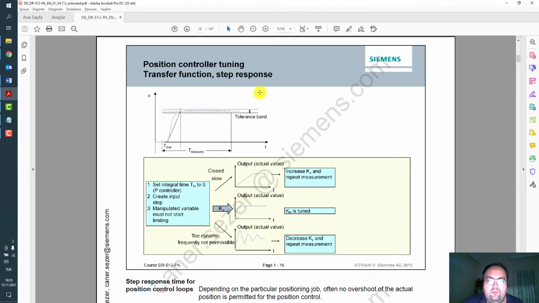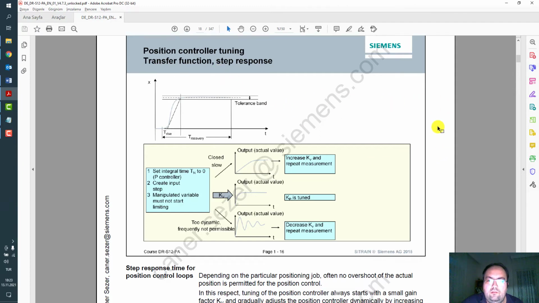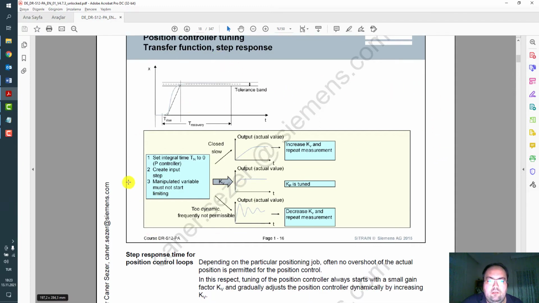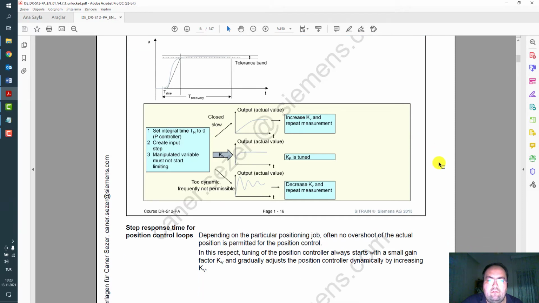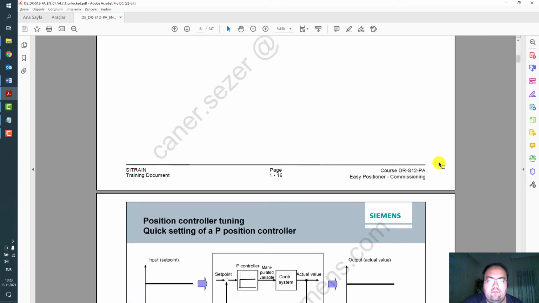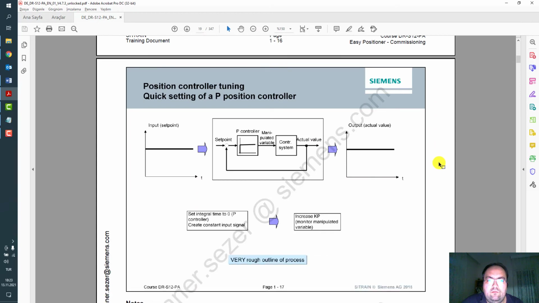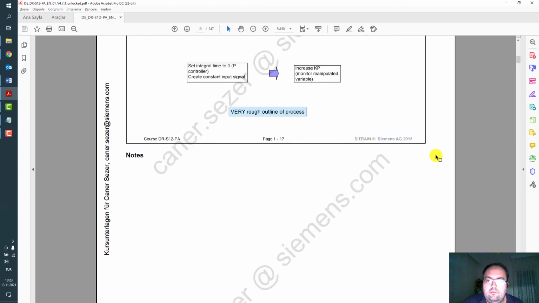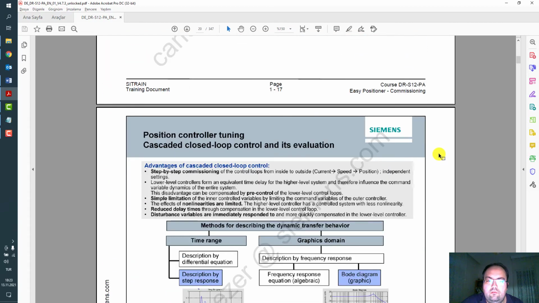For each control loop we need to adjust the PID gains, integral time, reset time, and so on. And for a quick setting of P controller, there's an input set point and output actual value to tune the controller.